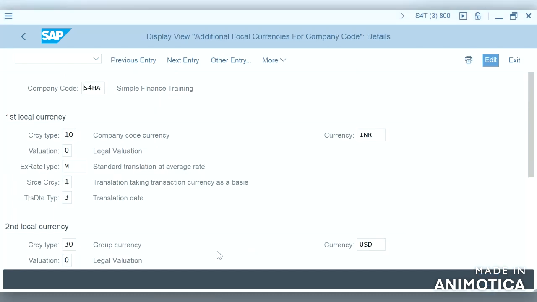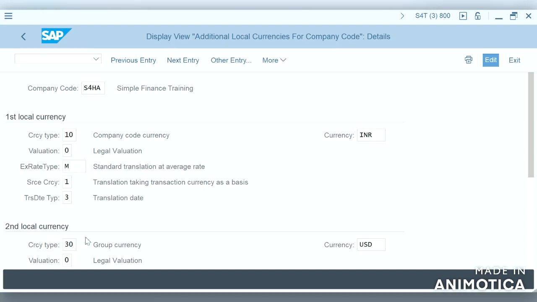So while posting the document, the initial error we received is the currency conversion rate update between INR and USD. When we created our configuration, in most places we have given our currency as INR. So where did this USD currency come from? If we see, USD is a group currency for our company code. So where can we check? It's in OB22.